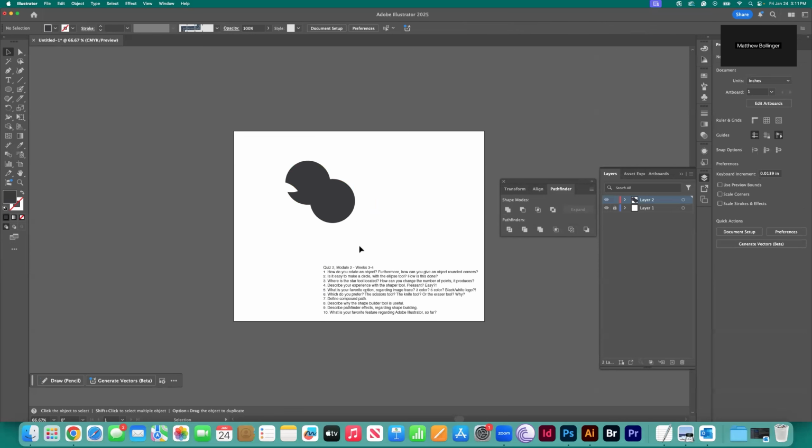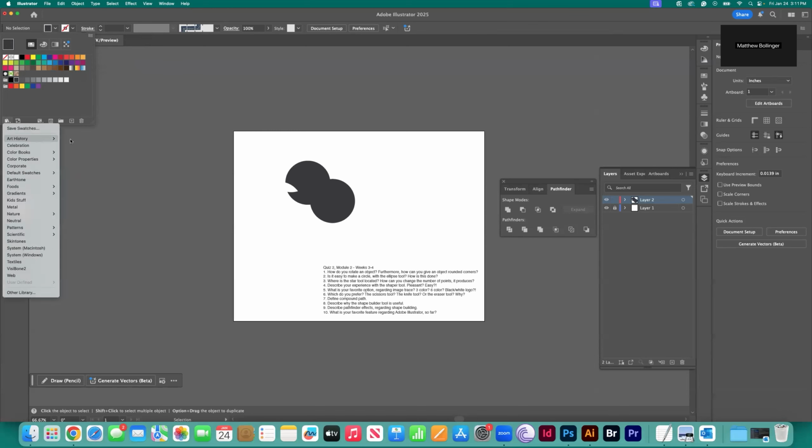I like Image Trace, and I also like the Pathfinder tool. I think I also really like the variety of color. I really enjoy just coming up here to the default palette, actually. I know that kind of sounds a little bit funny, but I love the cyan and the magenta and the yellow and the black and all these beautiful, out of the box colors that are real bright and vibrant. And then if you want to, I want to show you something else,